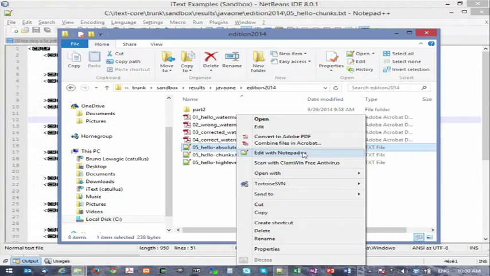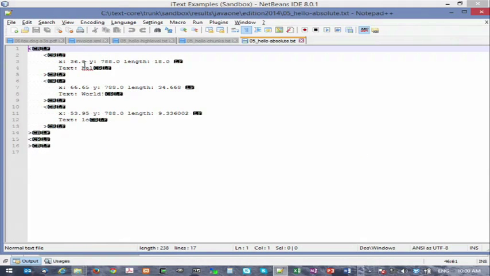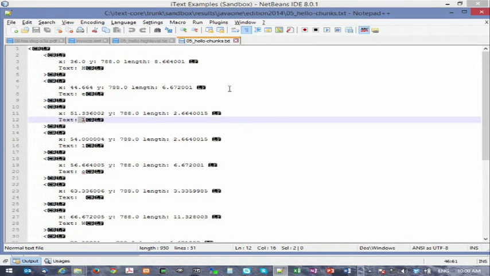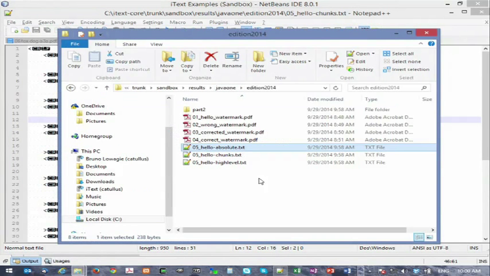And then the one where the content wasn't in logical order: again, we have different coordinates for the different pieces of text. We first have hell, then we have world, and then we have the low part of hello. And by inspecting the horizontal coordinates, you can see that this at 53 should be placed in between 36 and 66. So the low part comes between hell and world. Obviously this shows how difficult it can be to actually get useful text content out of a PDF document.